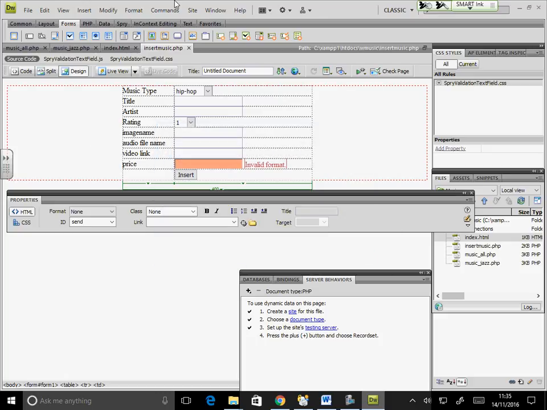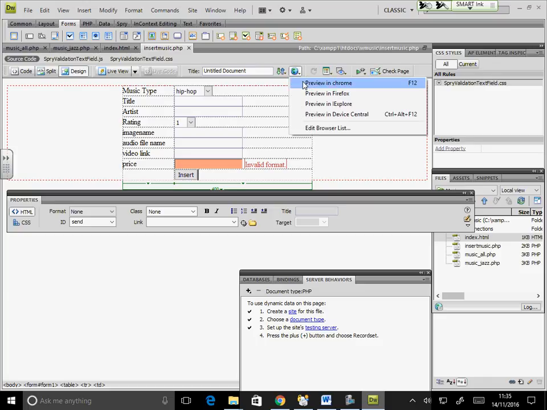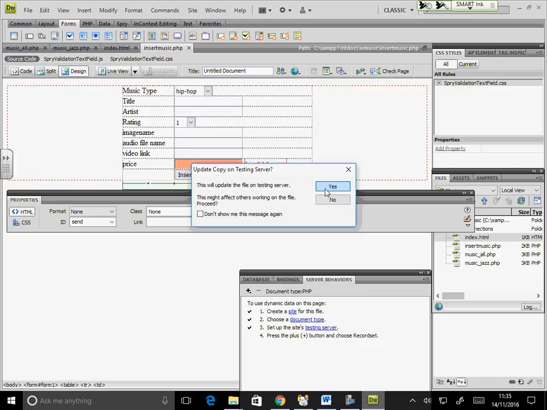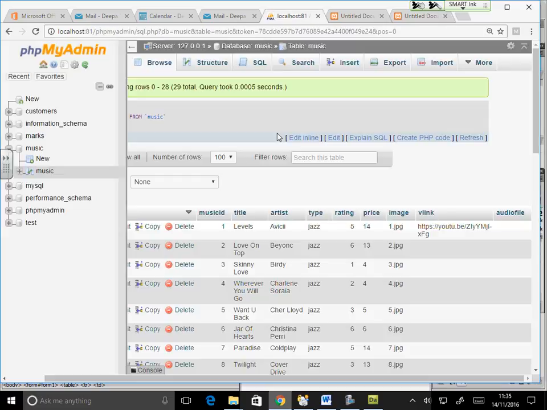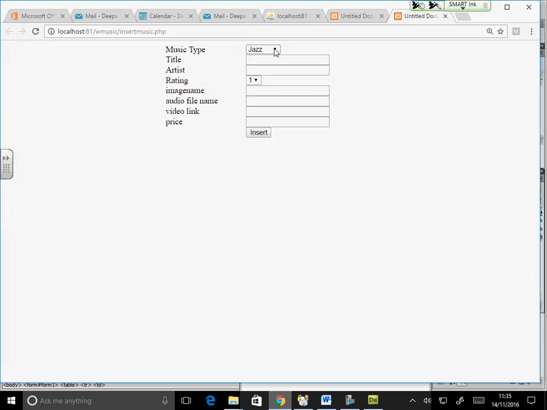Is that okay? So if I go and test this form now, this is your form. How many records do I have here already? 29. Is that right? 29 records. So when I am filling in data in this, it should have 30 records, or it should have my new value.